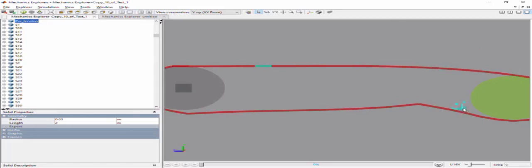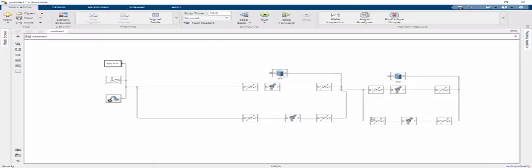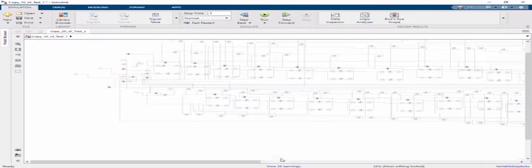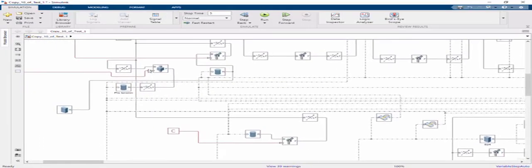But here the movement is linear and not rotational anymore, so the type of joint we need here is the prismatic joint. The prismatic joint is used here